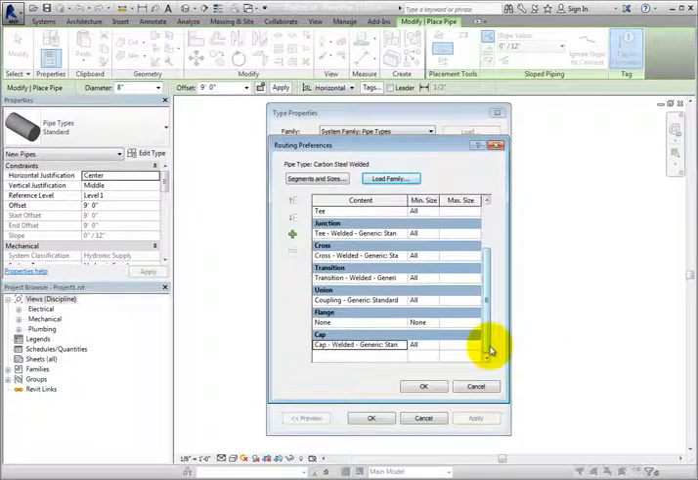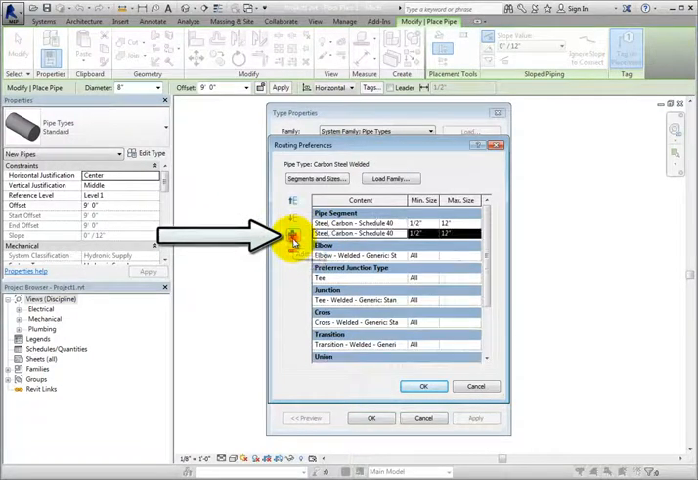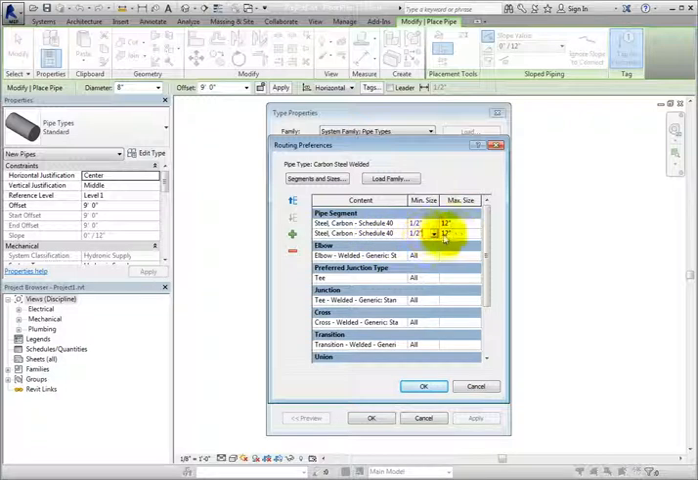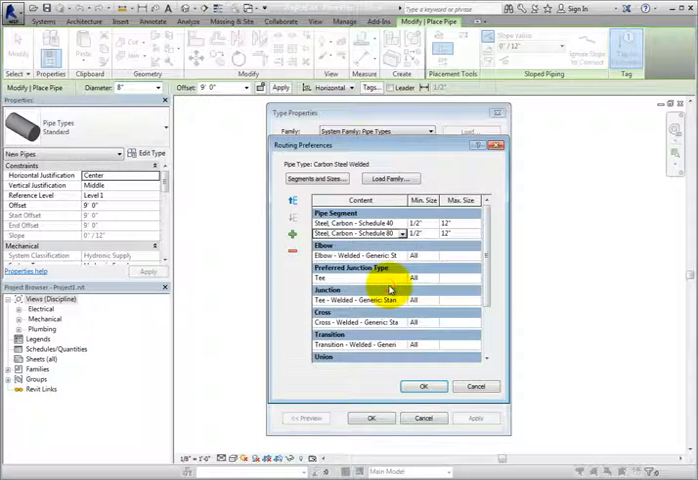You can also control the available content for different sizes. Notice that when I click in the Pipe Segment field, I can click the Add Row button to add an additional row. Now I can modify the minimum and maximum sizes for each segment. For example, I can change the second row to Steel, Carbon, Schedule 80, and then change the min size to 3 inches, or 80 millimeters in the metric